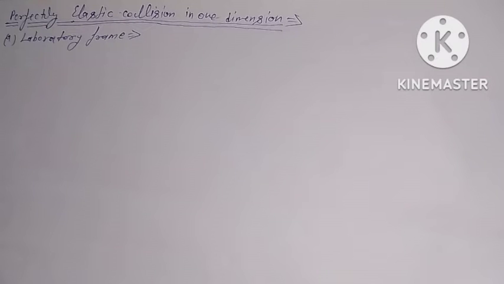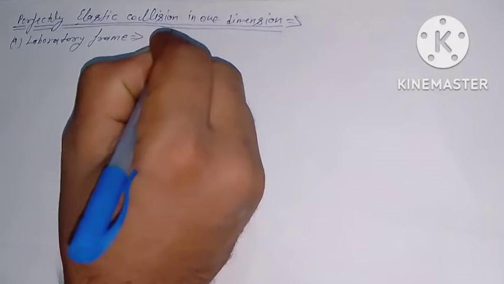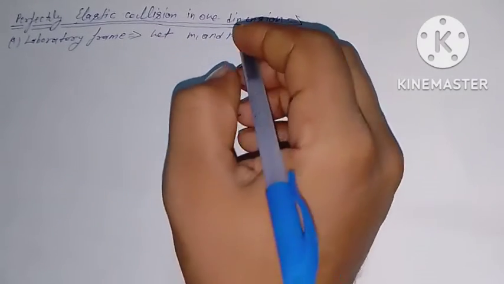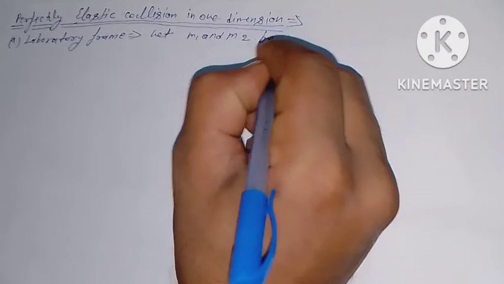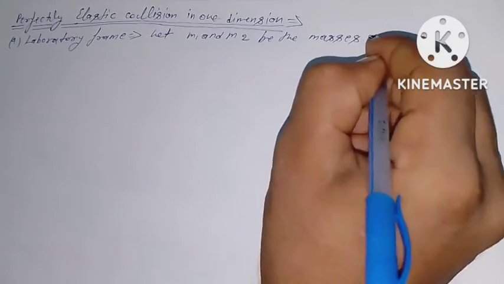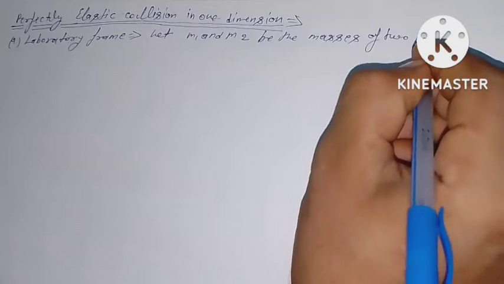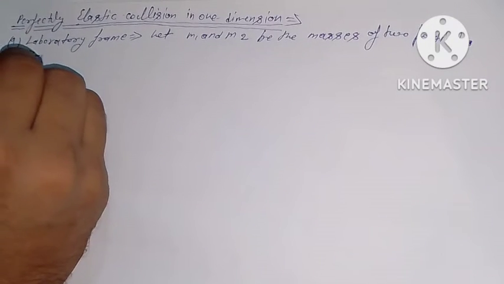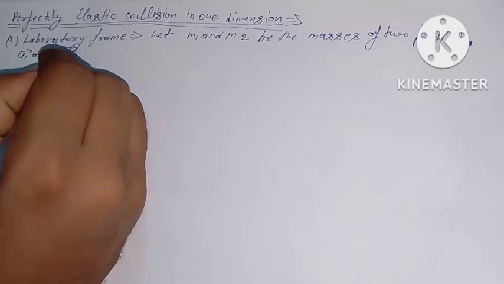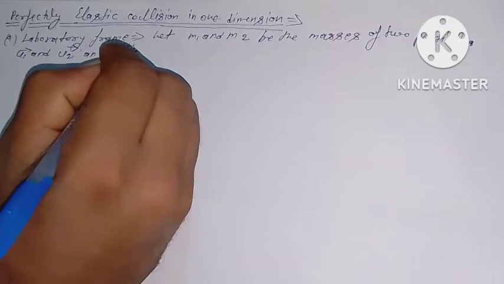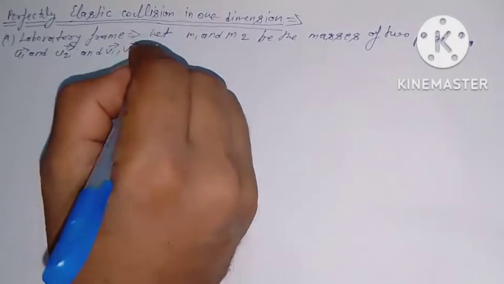Let m1 and m2 be the masses of two particles, u1 vector and u2 vector, and v1 vector, v2 vector, their respective velocities